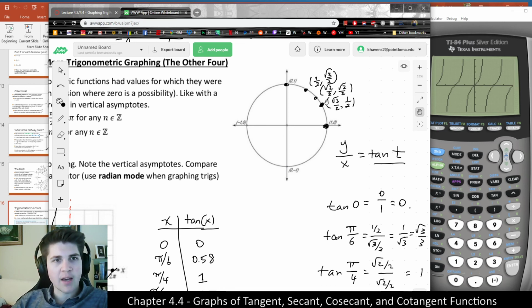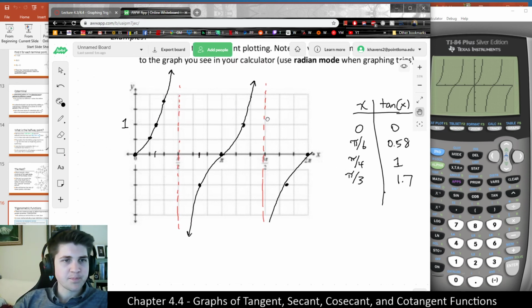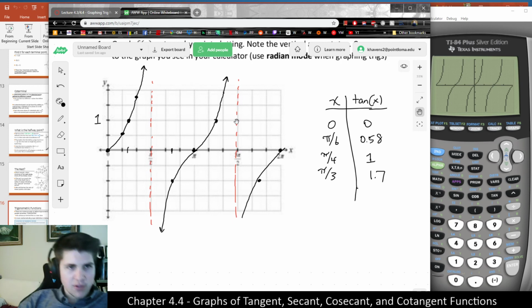But as I'm going up, the slope gets larger and larger. But as I move over here, the slope becomes negative. It starts at a very large negative slope, goes down to 0, and then becomes back to a positive slope. Again, thinking about connecting that point to the axis. And then it becomes undefined again. Then the slope goes back to a negative slope. And that's kind of why tangent dipped down to negative down here, back to positive after all is said and done. And actually, let me go ahead and note that last